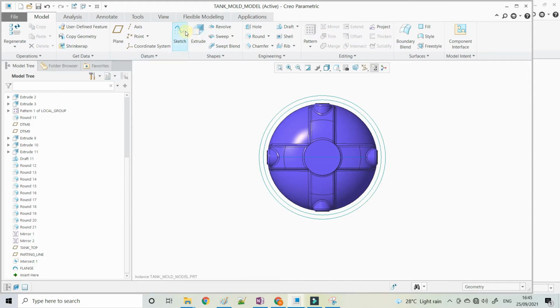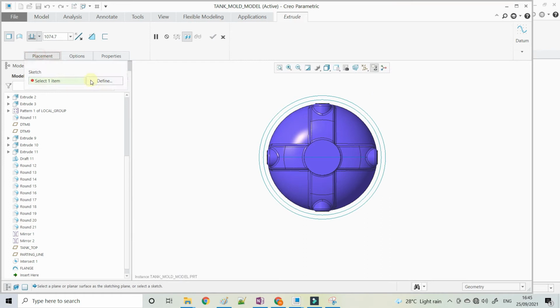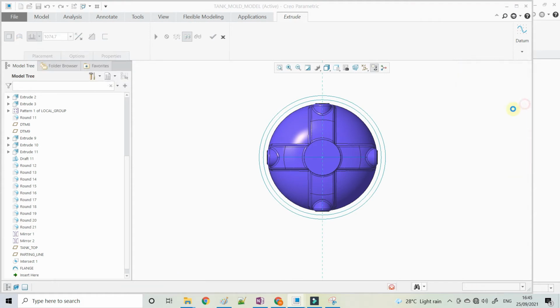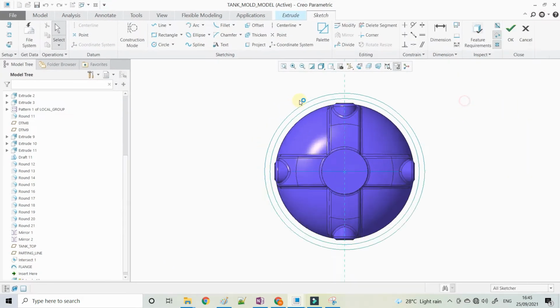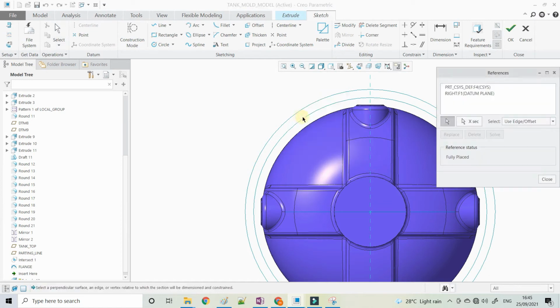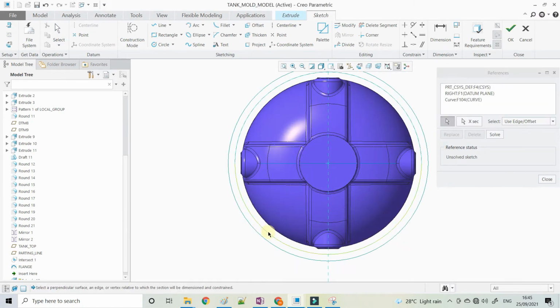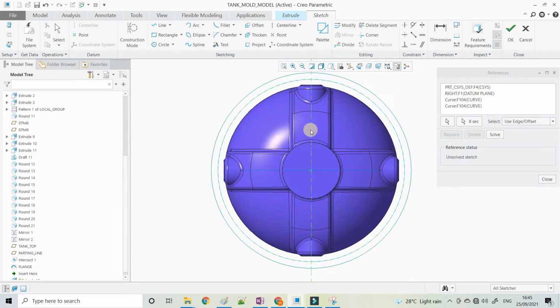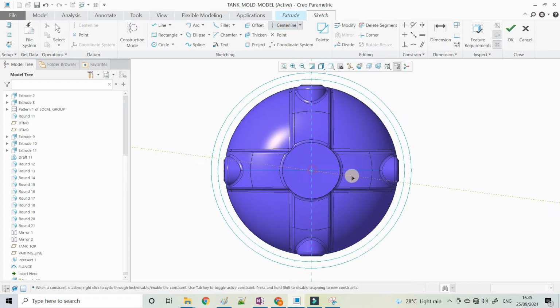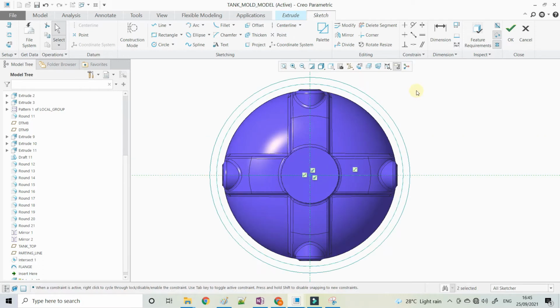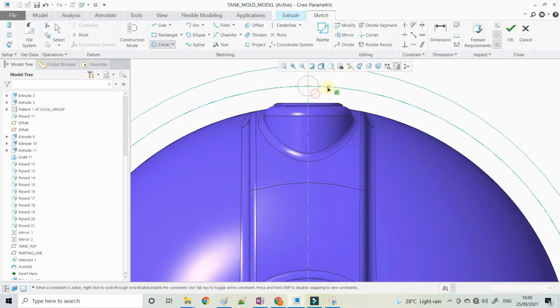Okay, and now I want the hole feature for the flange. Here I'm taking the reference of the pitch circle. Now add the hole.